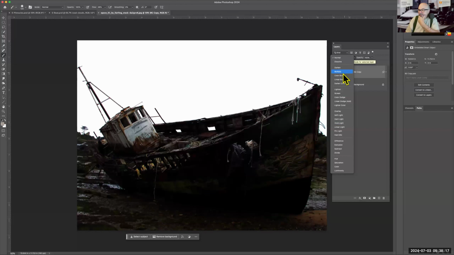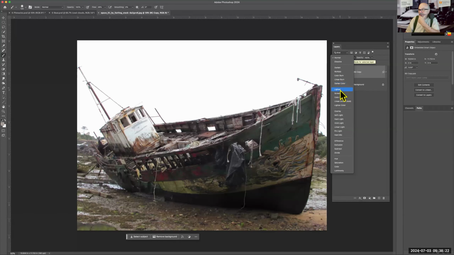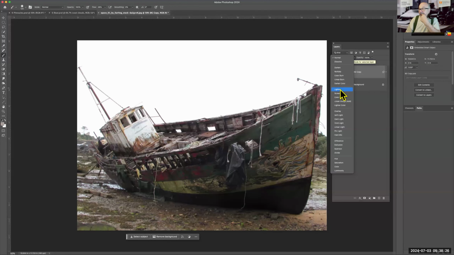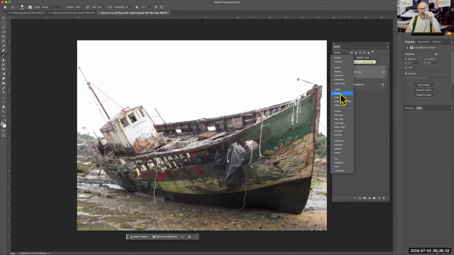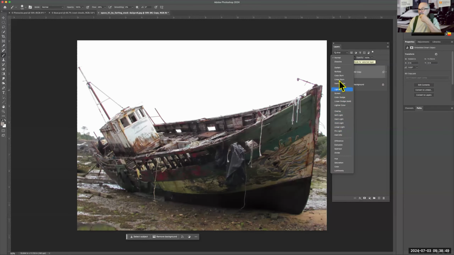Each time I hover over one of these adjustments, it gives me a glimpse, if you will, of what that particular adjustment would look like. Okay, there's lighten, there's screen. Remember screen last week? We looked at that a little bit, I believe. And screen tries to remove black from the image. And that's what it's doing here. See, the black's kind of being reduced way down. Okay. So that's just one way we can go in here and get different looks, if we will, for the